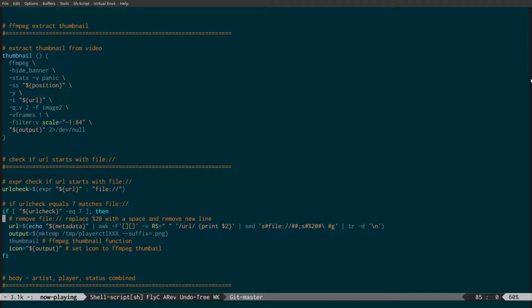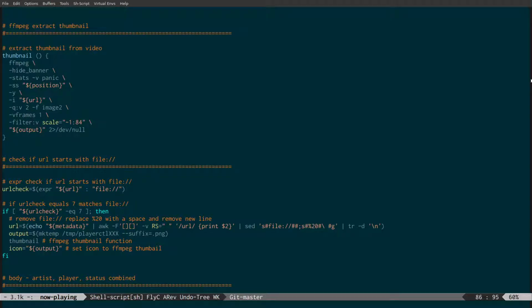But then also, if the file name has any spaces in it, it adds a %20 instead of a space. So what we need to do is, first of all, remove the file:/ from the link to the local video,